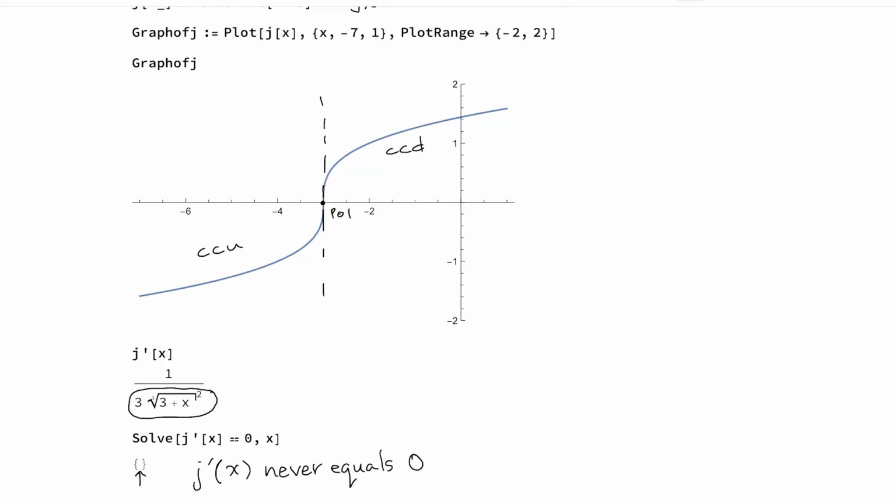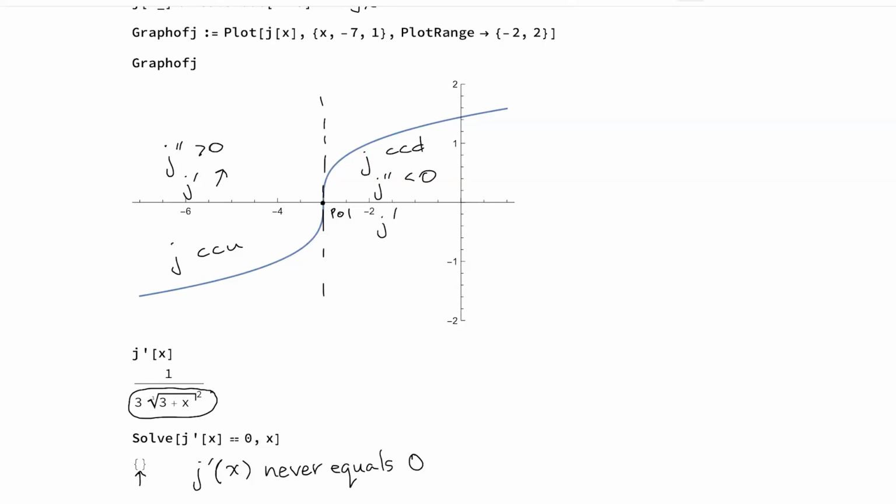And I found a point of inflection at x equal negative 3 by the fact that the second derivative changes sign on either side of that. So to the left of x equal negative 3, j is concave up, j double prime is positive,